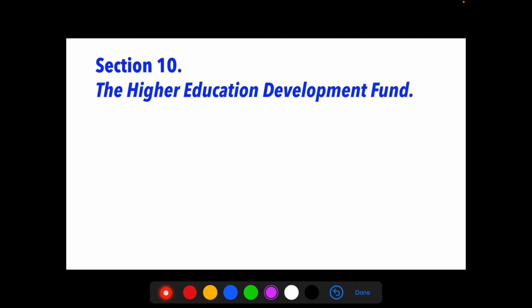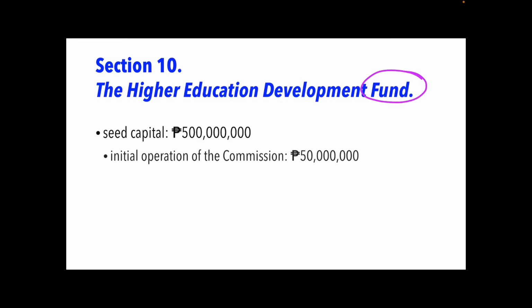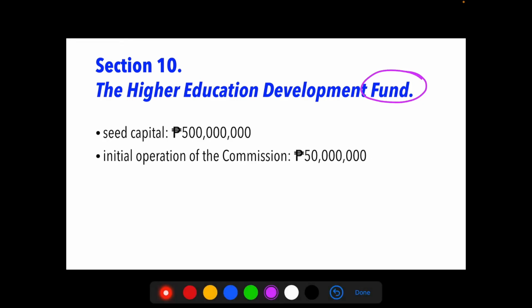Section 10, the Higher Education Development Fund. The Higher Education Development Fund is referred to as the fund, as stipulated in the law. This is established for the strengthening of higher education in the entire country. The government's contribution to the fund shall be the following: the amount of 500 million pesos as a seed capital, the amount of 50 million pesos for the initial